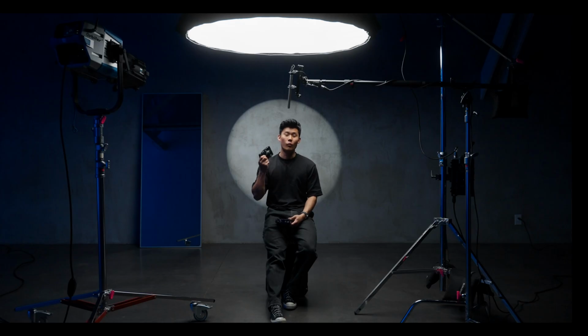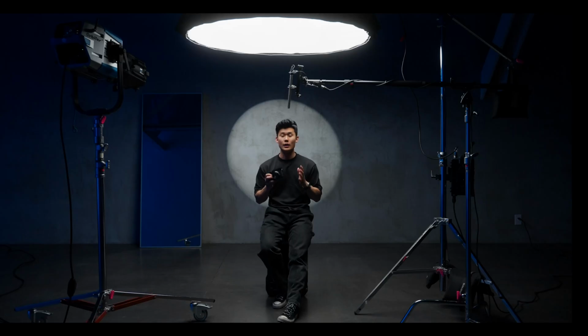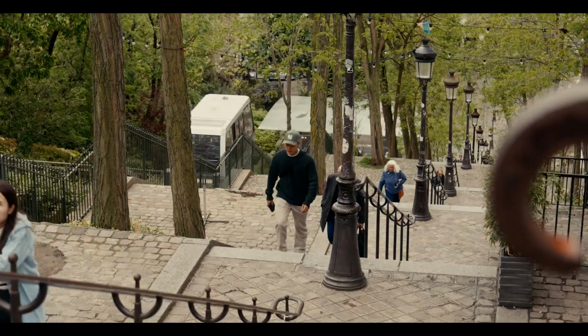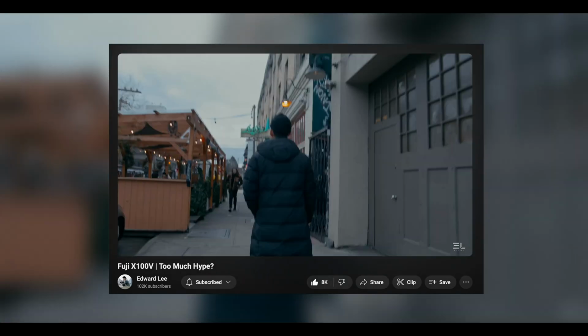So in that case, why then did I still fork up the money, pre-order this camera, and get the X100VI? Let's talk about why I made the switch. For a little context, I'm a content creator that loves shooting photo and video. Now, when I had the X100V, I loved it for its photo capabilities, but to be honest, it lacked heavily in the video department. When I made my X100V review video a while back, there were so many comments saying that